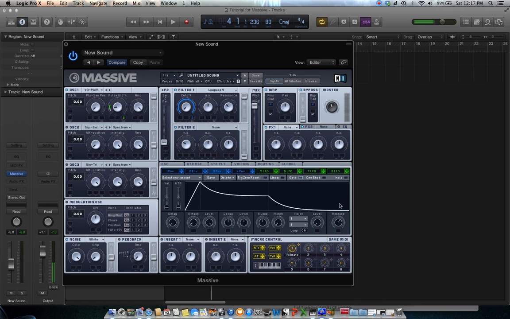If I turn the release up a little bit more, you can hear now that the cutoff is following this sine wave here. Now it's a little bit confusing as to whether you have positive or negative cutoff and where your start and end points are. Sometimes I still get confused myself, but basically what's going on here is the cutoff is following this envelope,